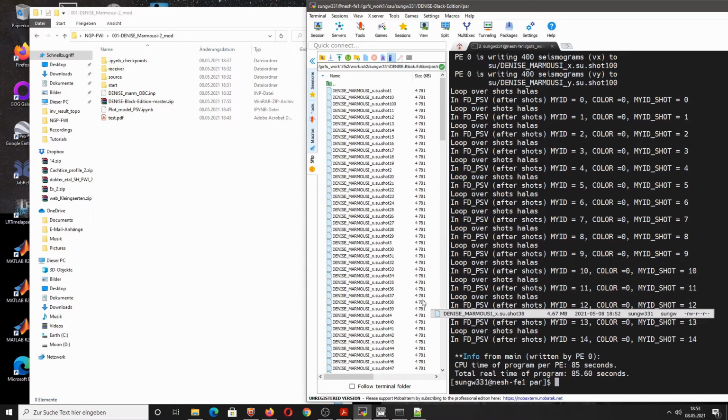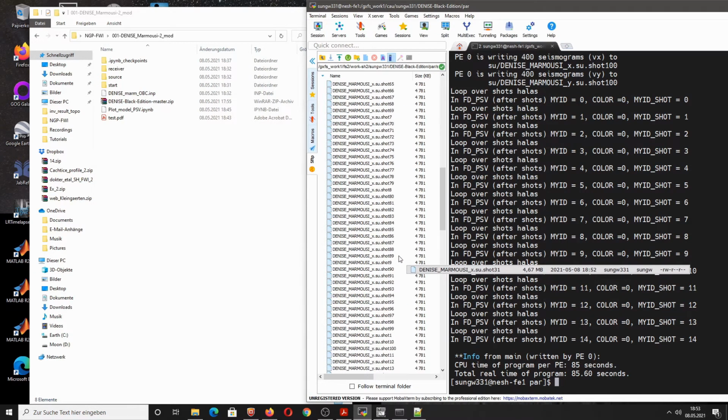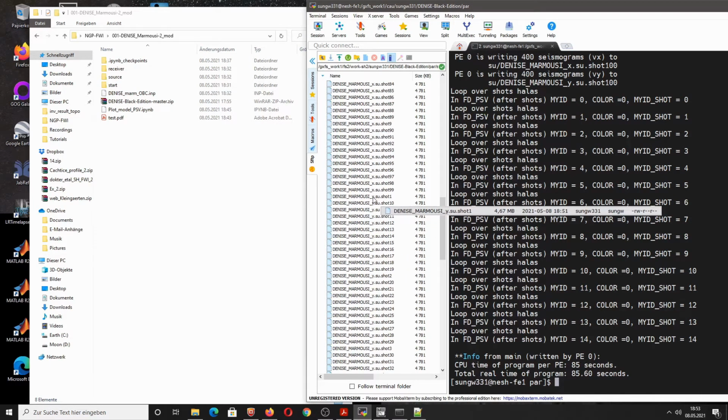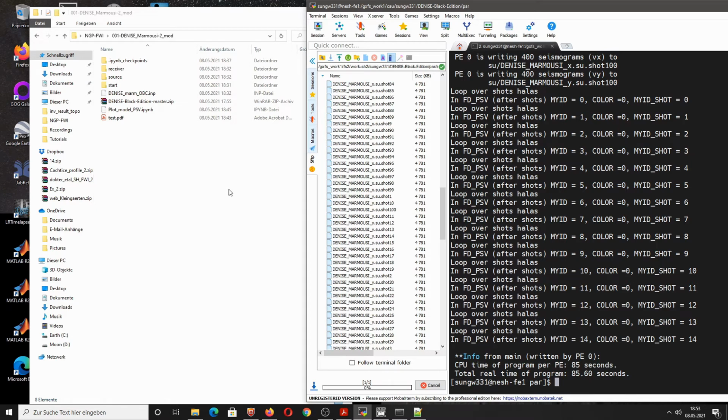And you now see here the different shot gather files. And let's take a vertical component, for example, for the first shot.